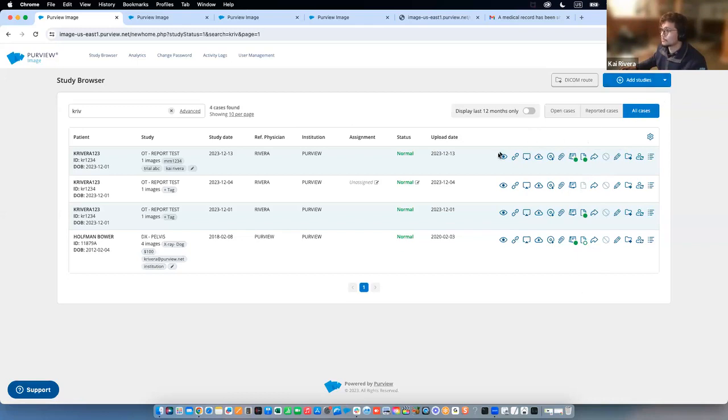Uploading, viewing, reporting, sharing, archiving, right? We have clients that have tens of thousands of images over the past decade plus, stored in the Purview cloud, whether we are the custodian of records for them or whether they are using our platform to electronically deliver medical records instead of using physical media such as CDs. Purview handles a lot of images, and so